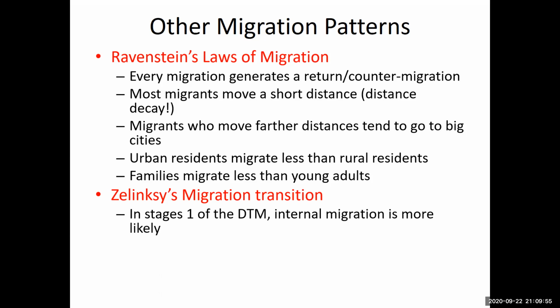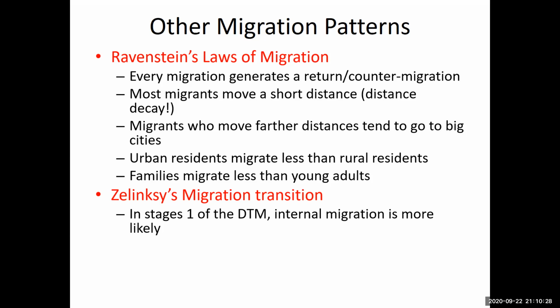In stage 1 of the demographic transition model, people generally don't migrate in or out of the country. The country is so undeveloped that most of the people in that country are probably rural, maybe even hunter-gatherers, and are really only going somewhere for their next meal. So this is the only stage where you have internal migration, people not really going anywhere outside the country or people coming into that country. It's probably not a very desirable place to be anyway, judging by the fact that with high death rates, it's not a very healthy place to be,